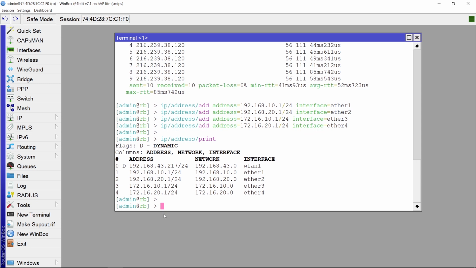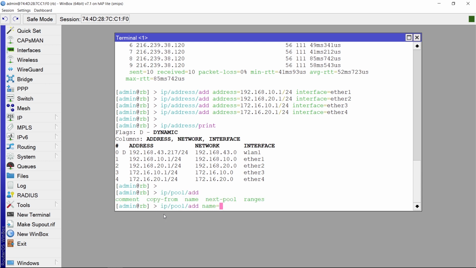Next, provision 3. IP range is DHCP contains 20 address. For this, add IP pool with the command IP pool add name. For name is 20.1 with range.